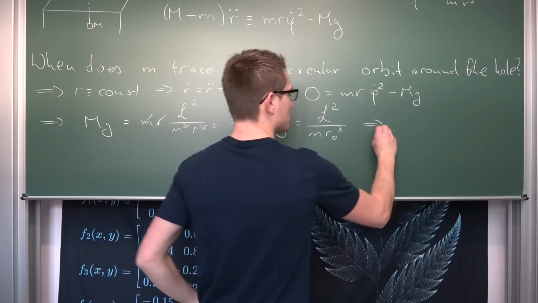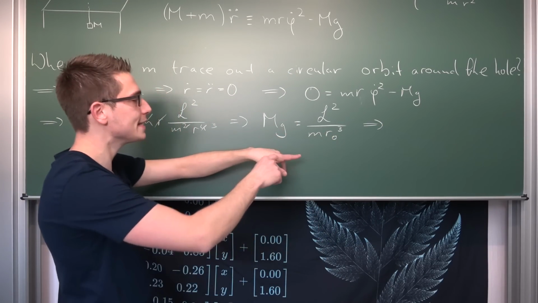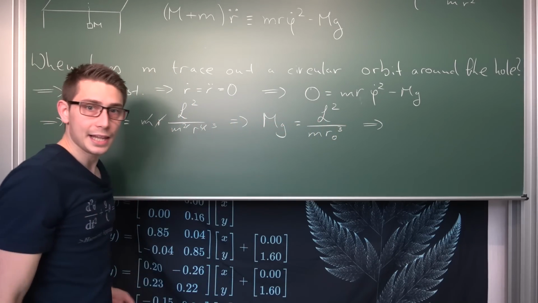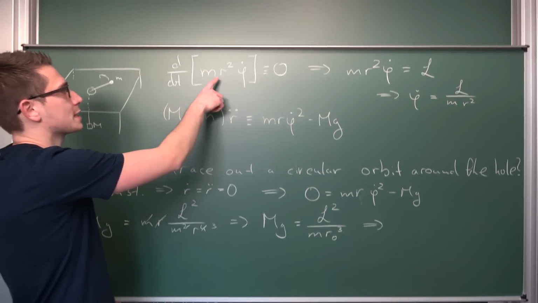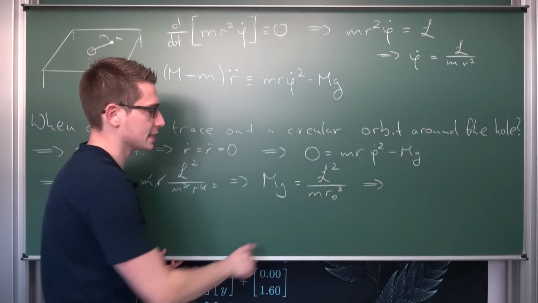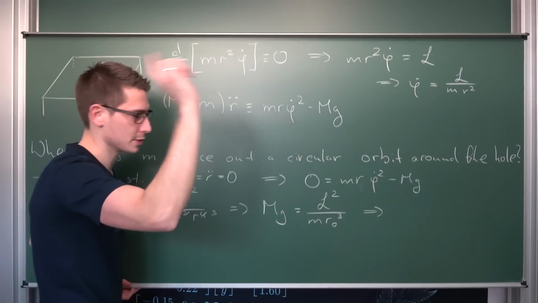Namely, what we are going to do is solve for r naught. We are going to take the third root at the end. We're also going to take the reciprocal here and multiply everything by L squared, under the condition that it's not equal to 0. It would be equal to 0 if, for example, our radius were 0 or m is 0, but then we wouldn't have this problem in the first place. So it doesn't happen. Our mass m, we don't want it to be equal to 0, otherwise that would also be equal to 0.